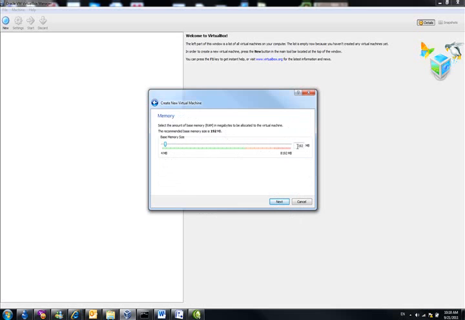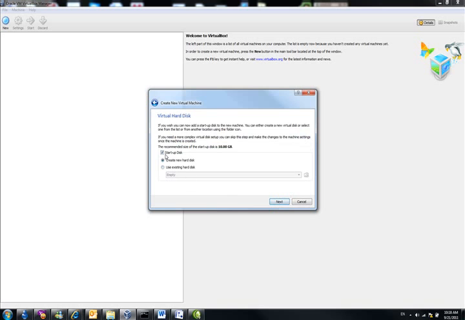Here you'll have to decide the amount of memory that you will be allocating to the machine. For our purposes, we'll be putting this to 1 gig, which is 1024 megabytes. I could have actually done this by just moving the slider right along to 1024, or you could type it in, right? And you do next, and it's asking you here about the virtual hard